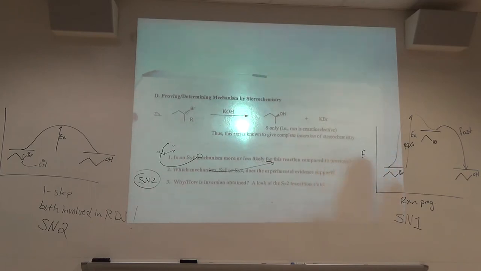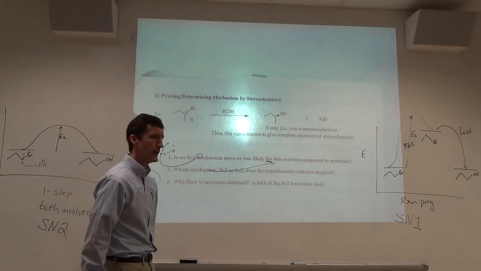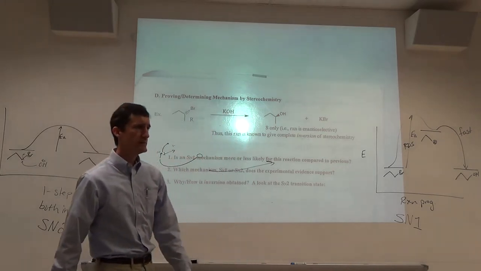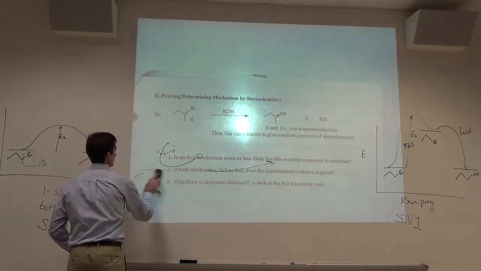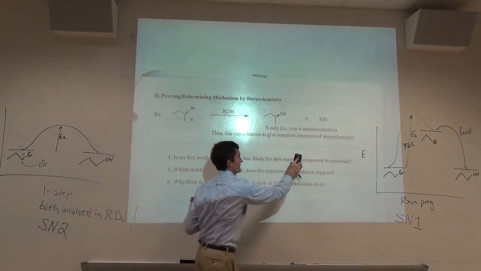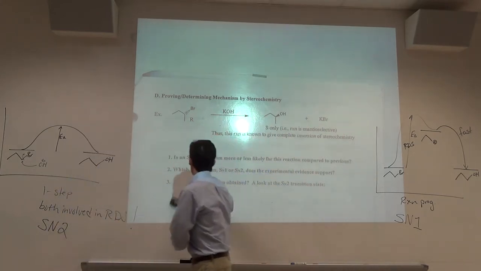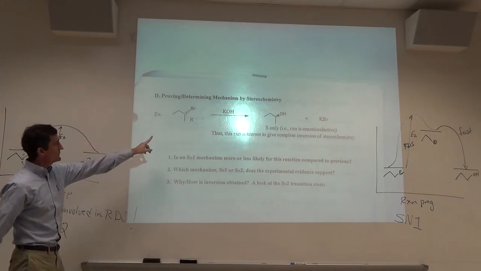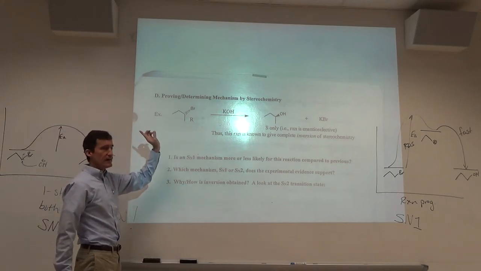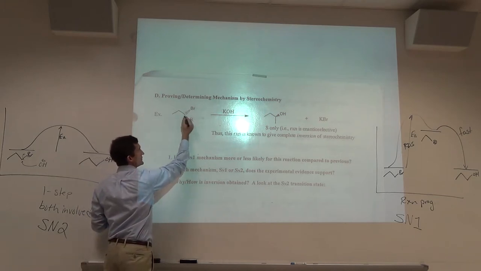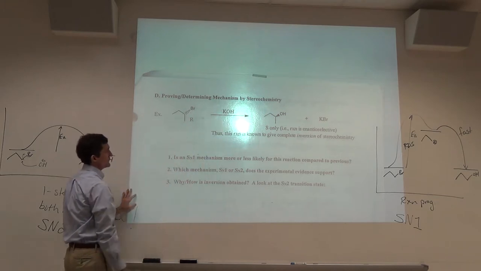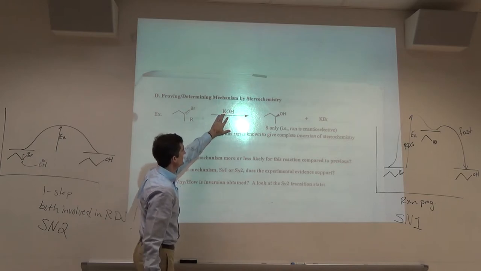What type of stereochemistry do we expect for an SN2? A concerted backside attack displacement. Look at this reaction. It's very similar to the first reaction, except we have an additional carbon added to make this chiral. This is R. If you react this substrate with hydroxide,